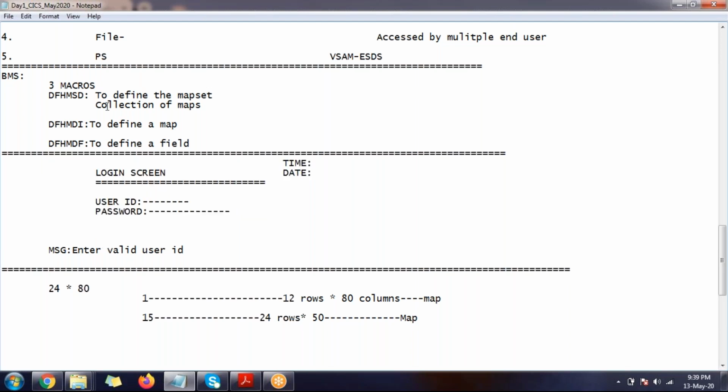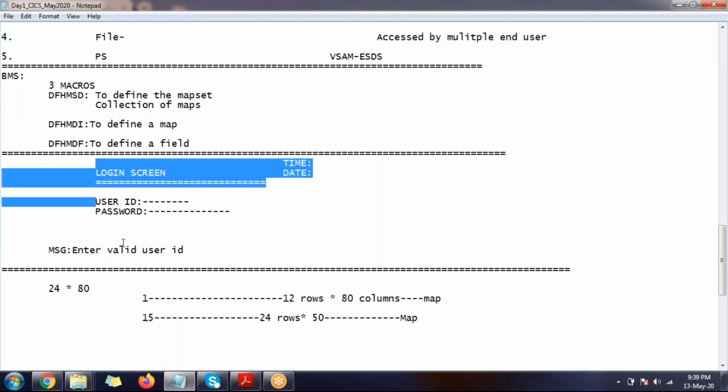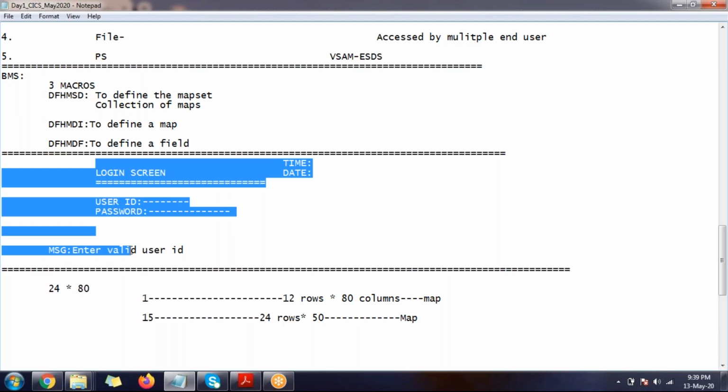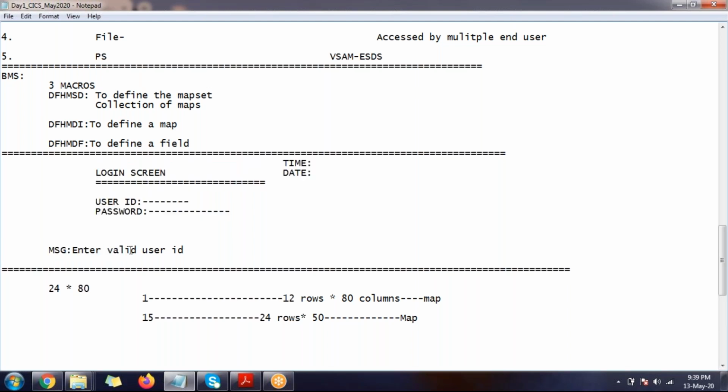That is the reason. If you are using 24 rows for two functionality maps, then we call it a map set; a map set can have a single map or a collection of maps. So we are going to deal with the map set.